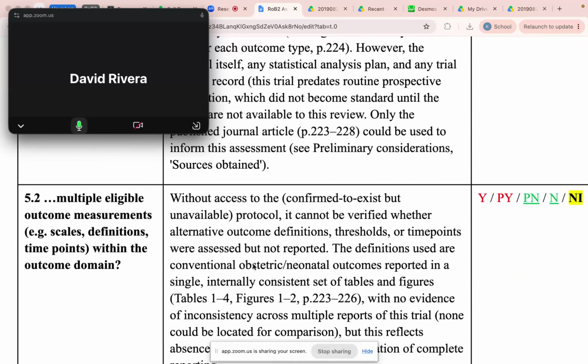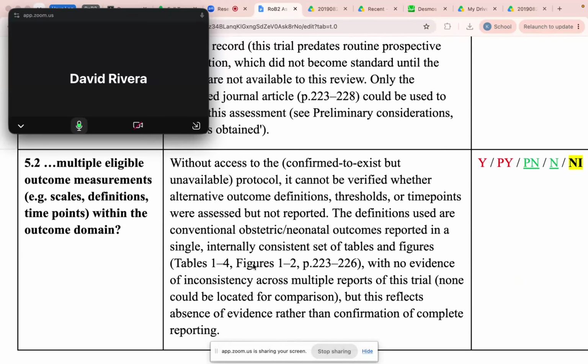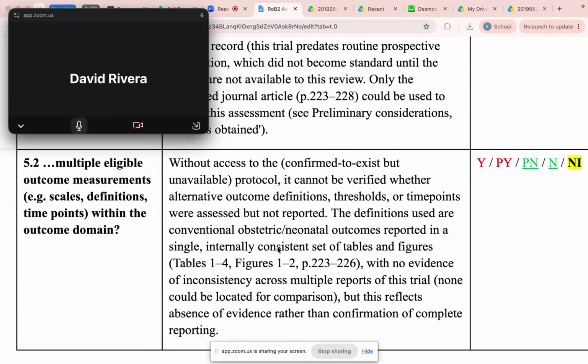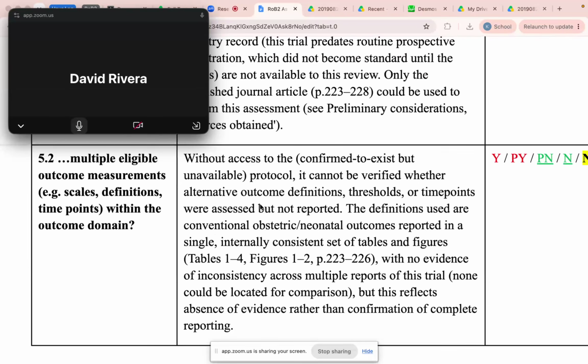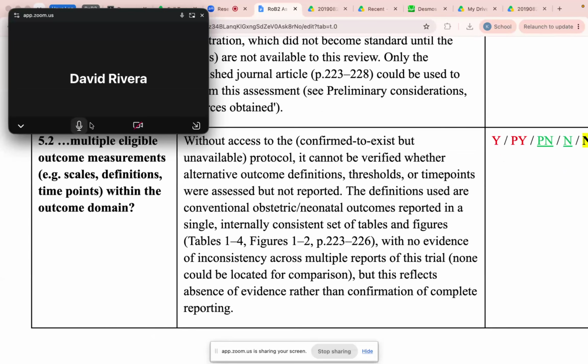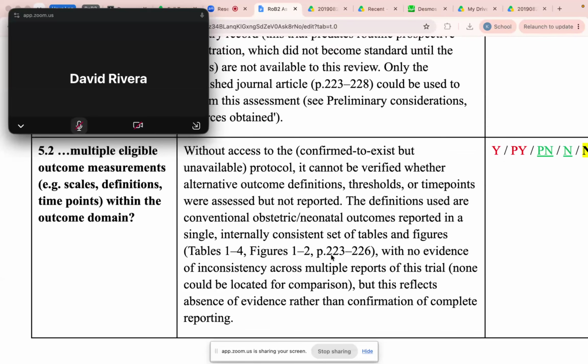Okay, so yeah, I think since we don't have the protocol and it can't be verified, then it would just automatically make it no information. Is that correct? Mr. David, is that sort of consistent with your reasoning? Yes, because the thing with comparing with the protocol is that if they say in the